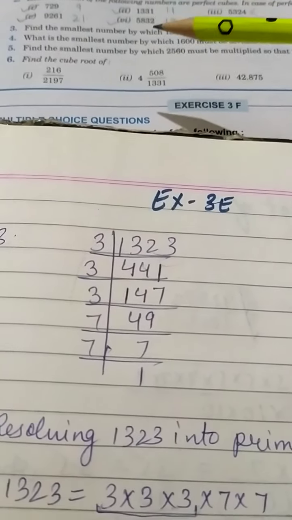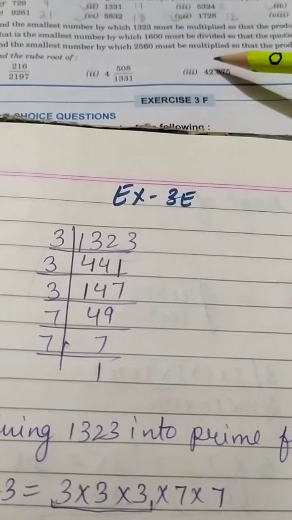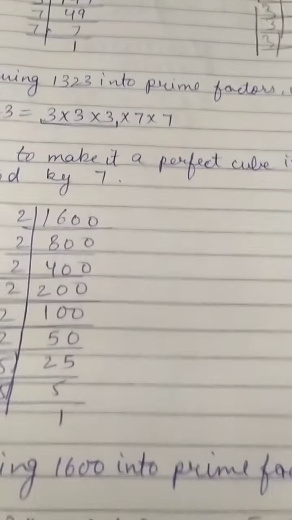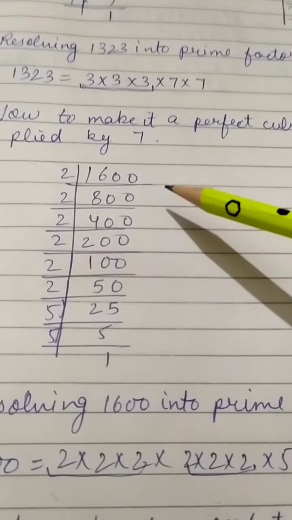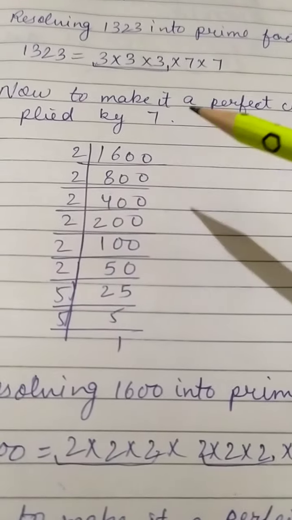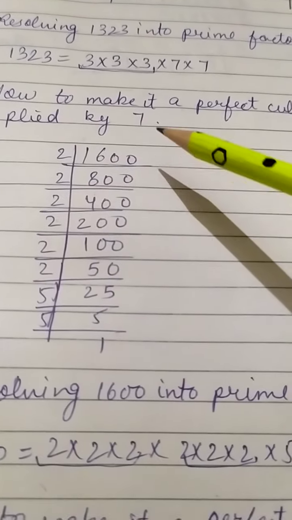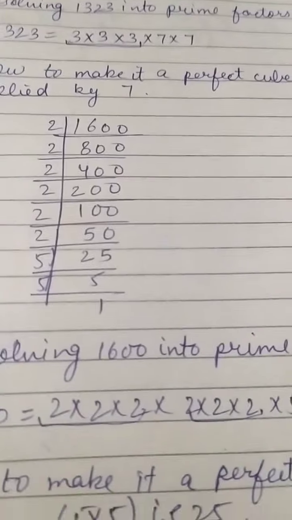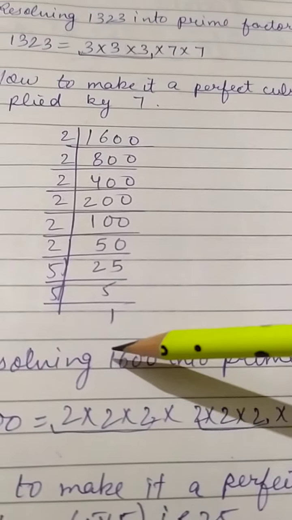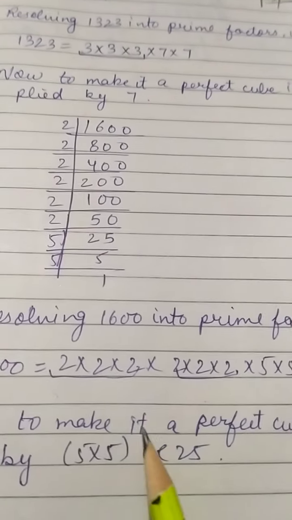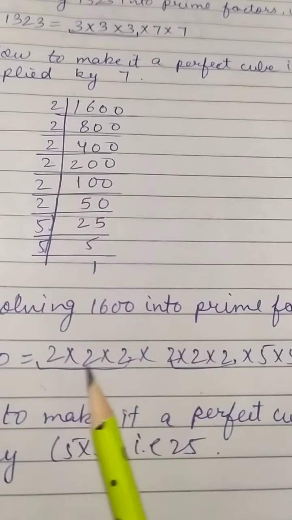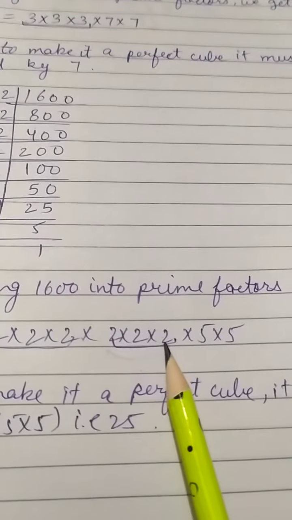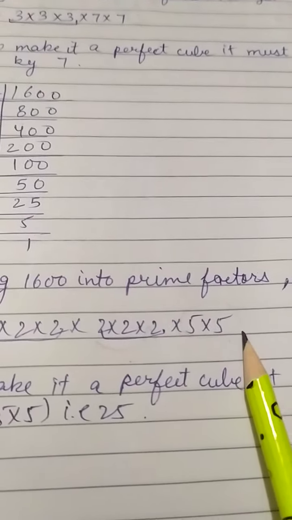Now let us see the fourth question. Fourth question, you have to divide. Means the number is given to you and you have to find that it is not a perfect cube, so by which number should we divide it so that it becomes a perfect cube. Okay, so first of all we will take out the factors of this number. So after finding the factors we have, a triplet is being formed of this, a triplet is being formed of this too, just this one is not forming a triplet.